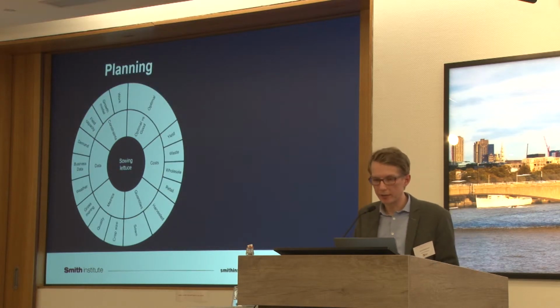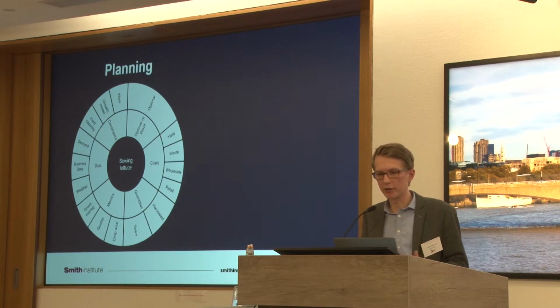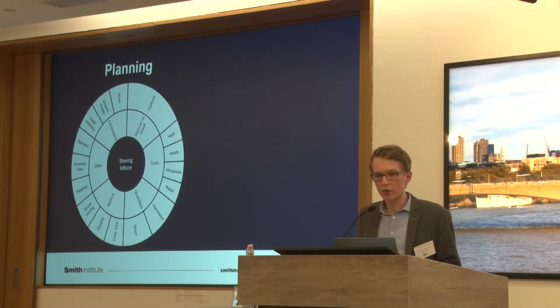So, for example, in the planning of lettuces, some of the quantities that we can control are the sown and the harvested. The constraints we have are how much work we can actually do in a given day. There are constraints around how quickly things grow and what the capacity of the field is. In that case, we probably want an optimal solution because we have time to explore it. Some of the metrics we can use are, again, the gross margin and the quality of the products that we're delivering. Some of the data that we have is the weather data, the demand that we're forecasting, and other types of business data.